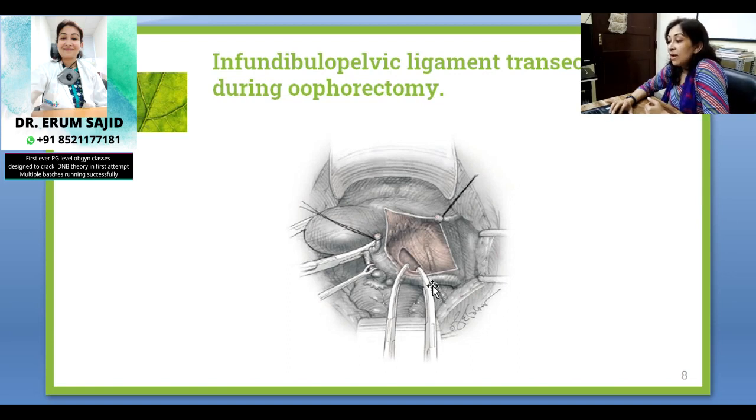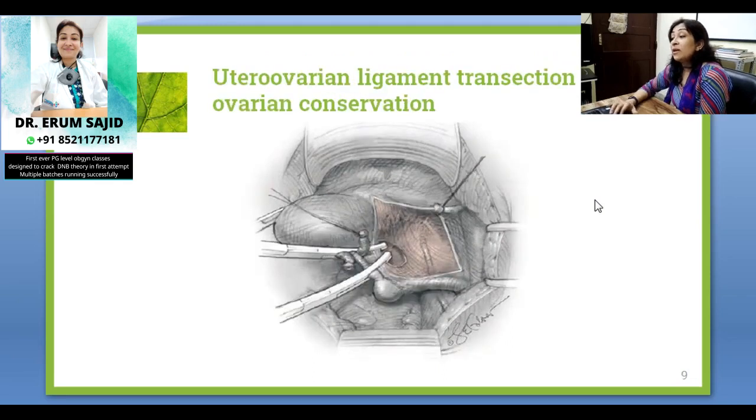So anyways, right now we were talking about the infundibulopelvic ligament transection. We've done that, and very beautifully we can also see the ureter over here. This is exactly how it looks during your hysterectomy, of course, if you do the peritoneal transection properly. All right, then, so this was about when you're removing the ovary, doing the oophorectomy. And now we'll see how it looks if you're doing ovarian conservation.